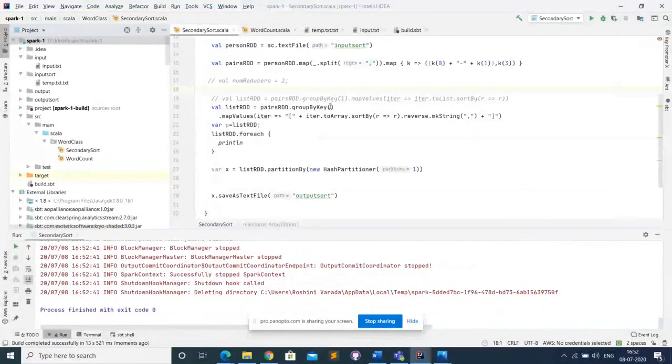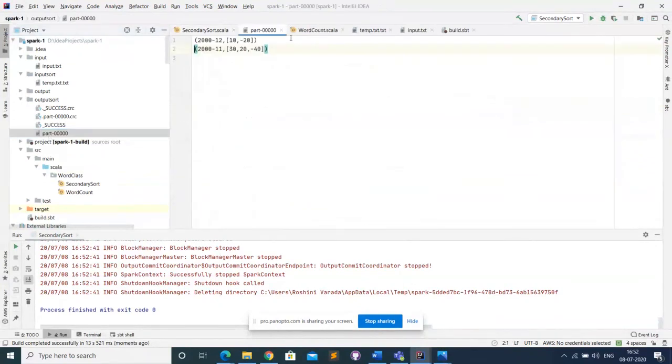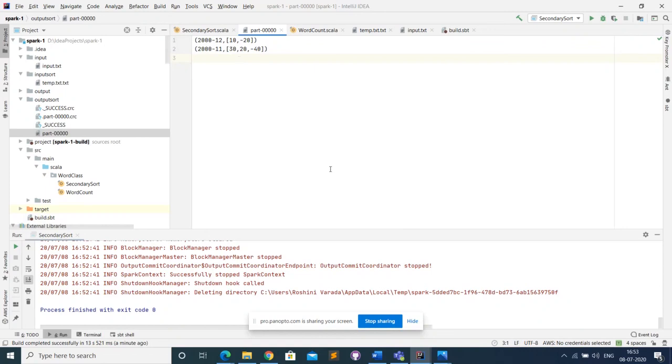We can set the default reducers here, or if we didn't set it here, we can set the partitions or the reducers here also. So now I have set it as 1. So I have got the complete output in one partition. In this case I have set it as 1, but in case it is 2, I would be getting part-r-00000 as well as part-r-00001, just like we saw previously. And this is the output of the second result.